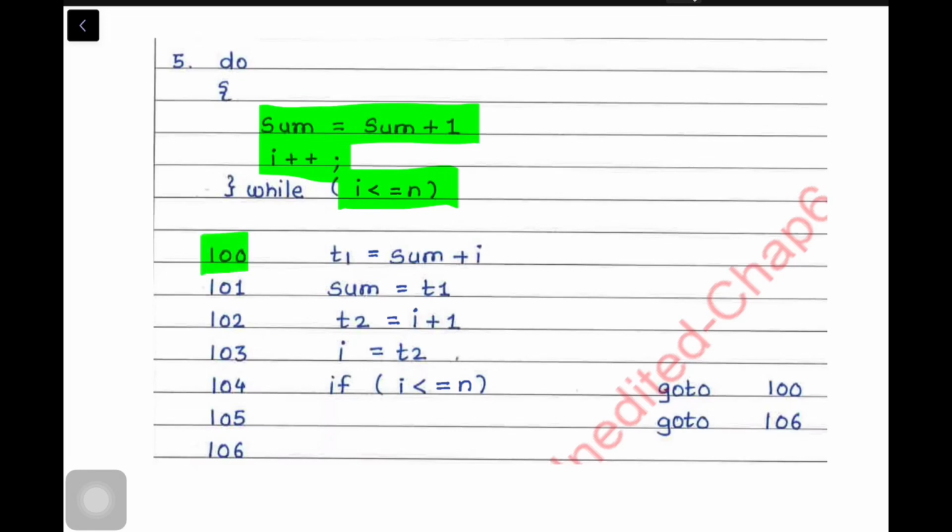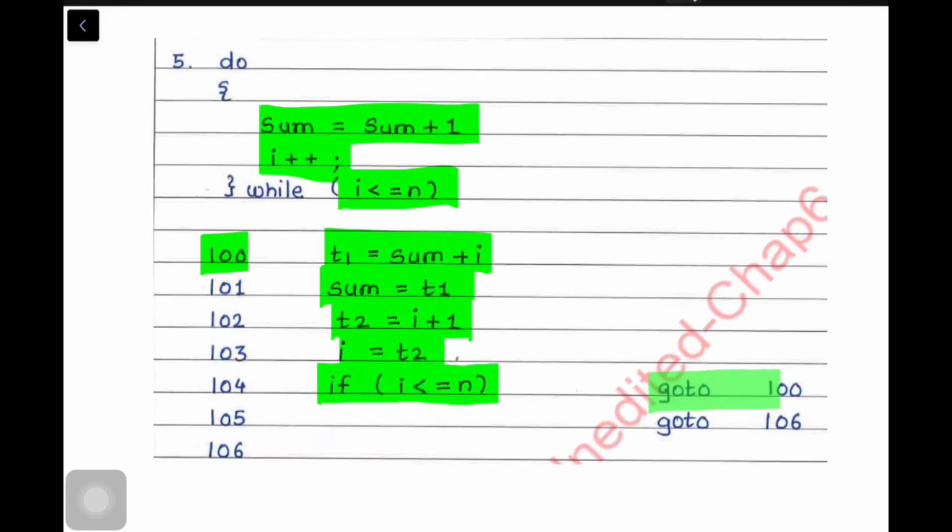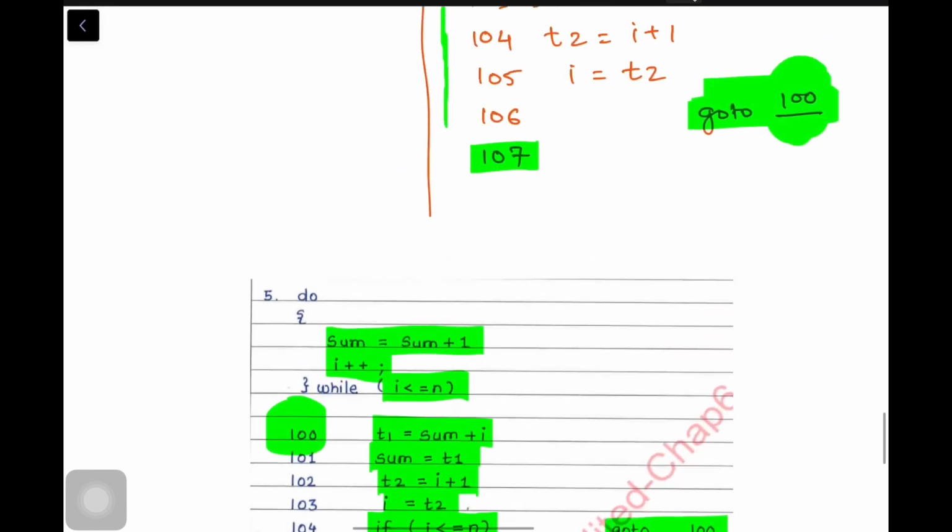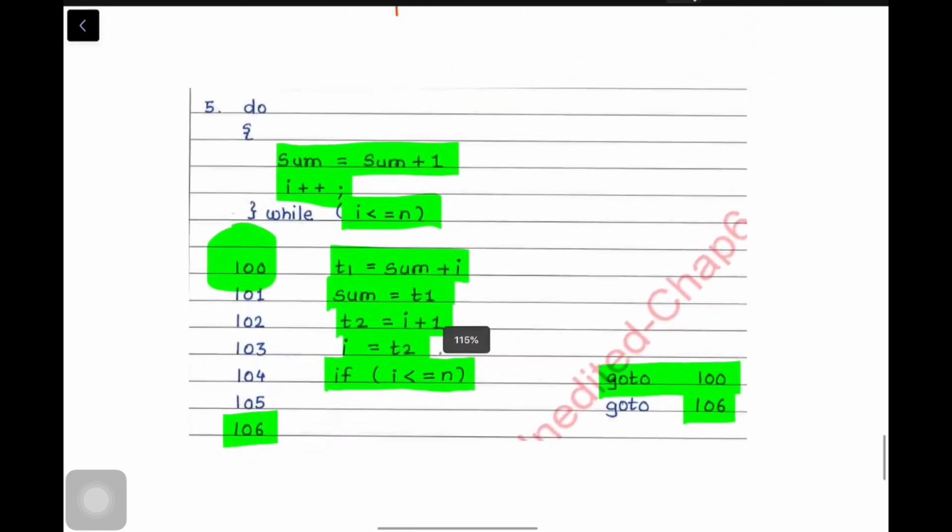So what happened at 100, I am writing the inner part of the loop that has to get executed at least once. Then it will come to 104 where it will check the condition. If the condition is true, it will jump to 100. So the condition is true, you have to be inside the loop. If the condition is false, I will go to the else part of the statement. So both look similar, only the condition is checked after the execution of the loop, and over here in the while the condition is checked before and then a part of the loop gets executed.